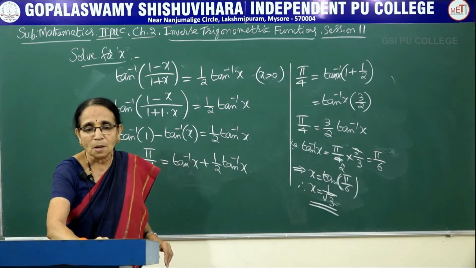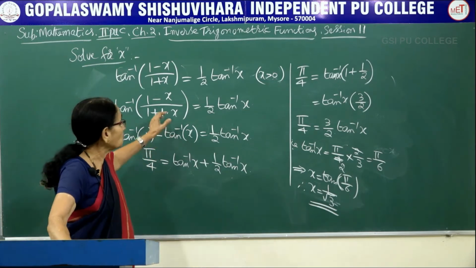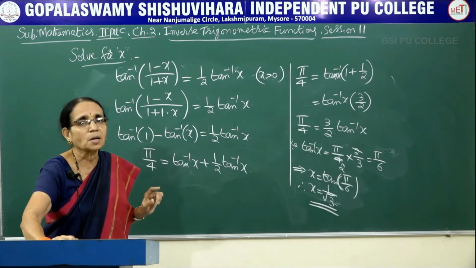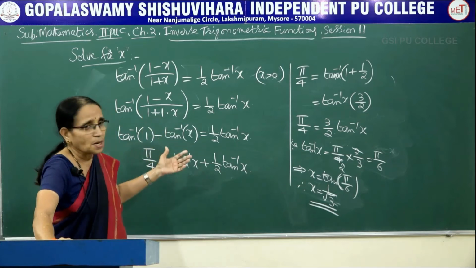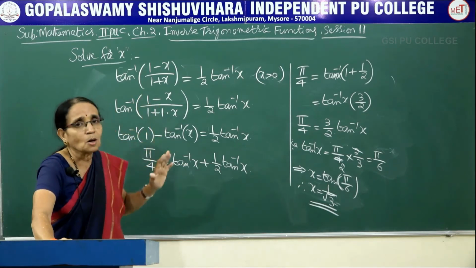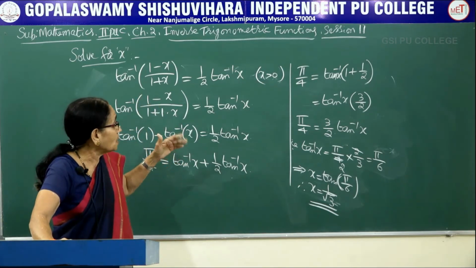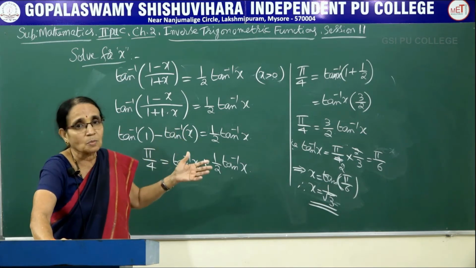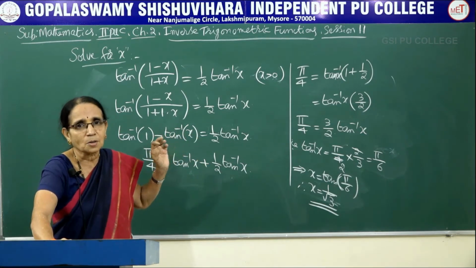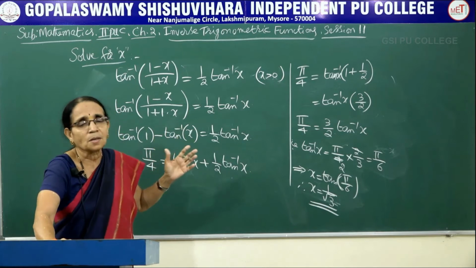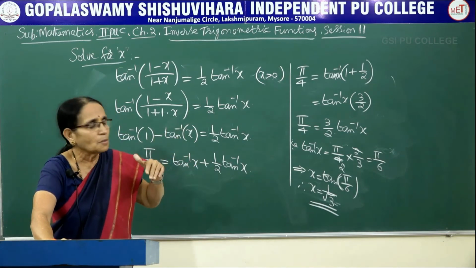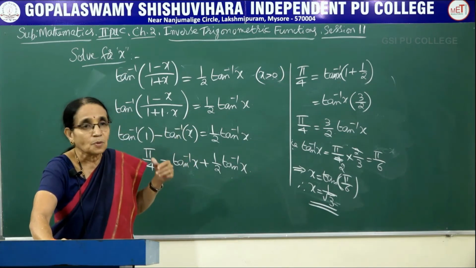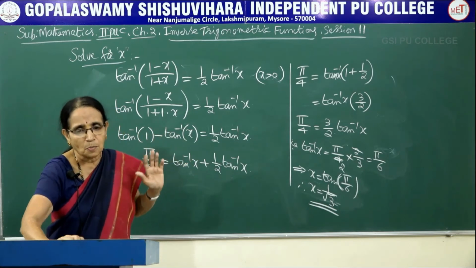Okay. So this is the procedure we have to adopt. Wherever it is possible to make use of the properties, you have to look at the function, then you have to decide. There is no common method for all the problems. You have to look at the function that has been given, and according to it, you have to apply the particular property which could be applied to that particular problem.